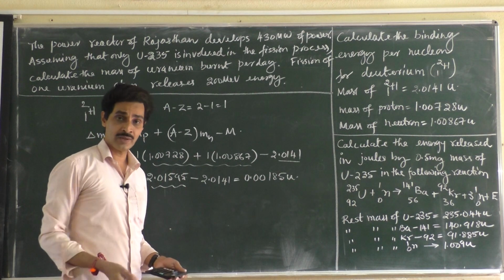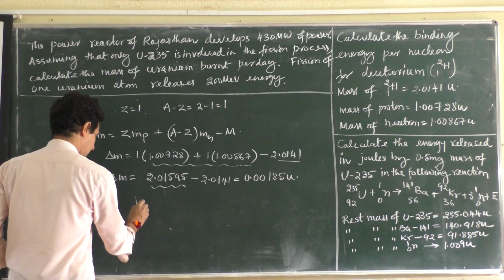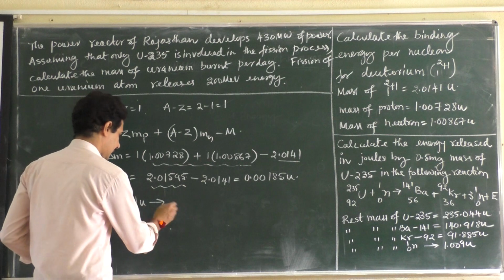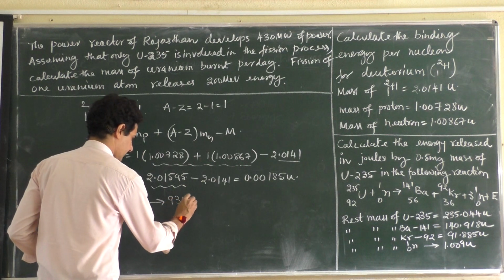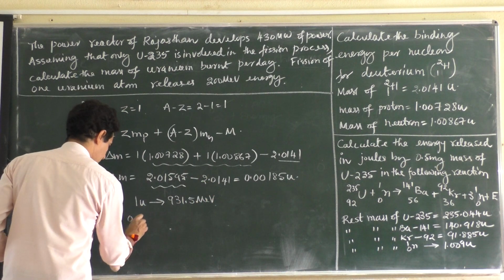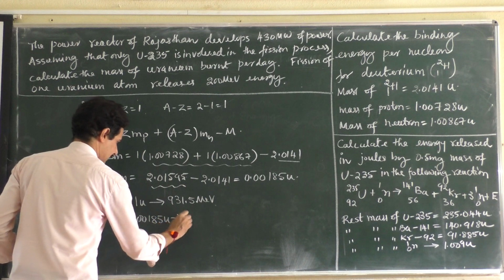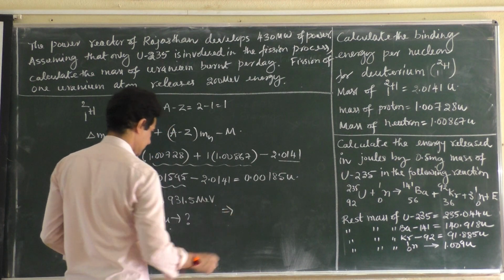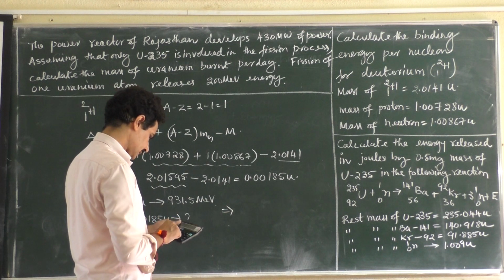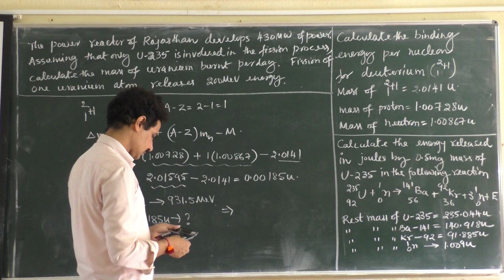Now how to convert it into energy? Energy conversion. You know that one atomic mass unit, if it is completely destroyed into energy, the energy obtained is 931.5 million electron volts, whereas if you destroy 0.00185 U, how much energy is obtained? So you can cross multiply it, just 0.00185 into 931.5 million electron volt, that is equal to 1.723